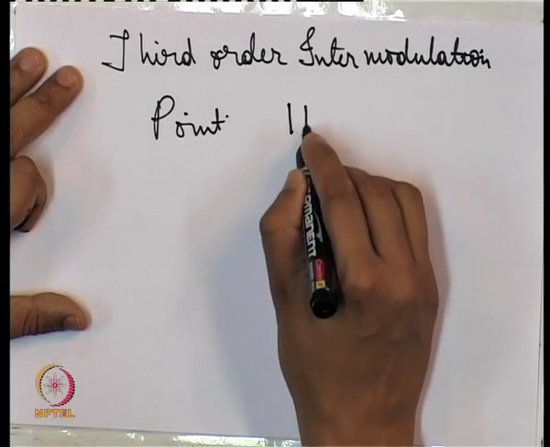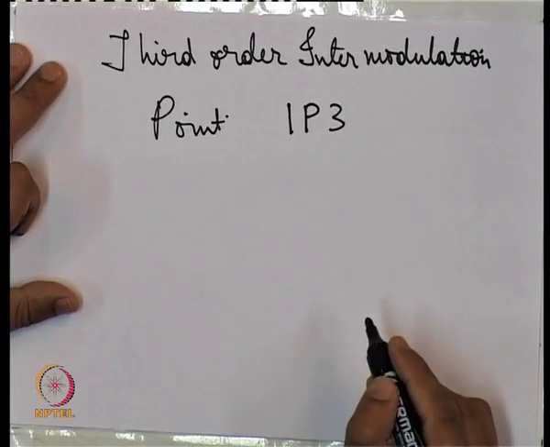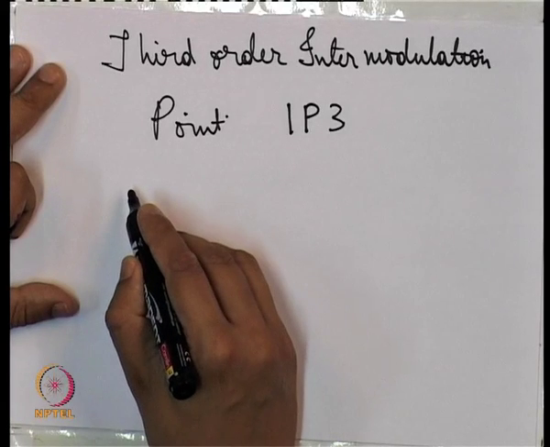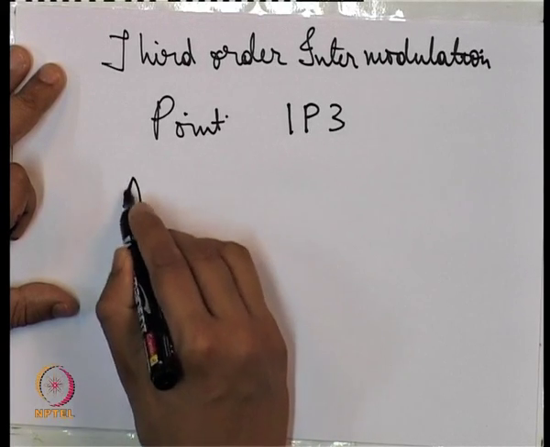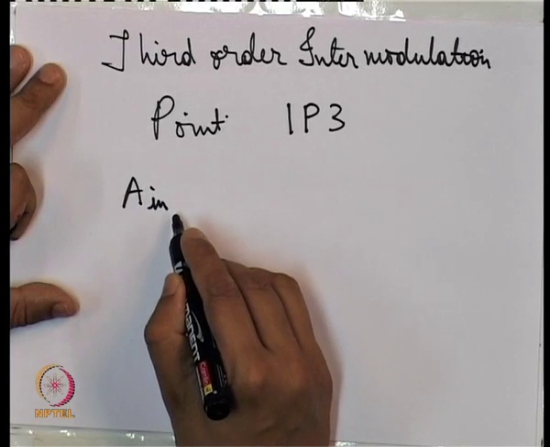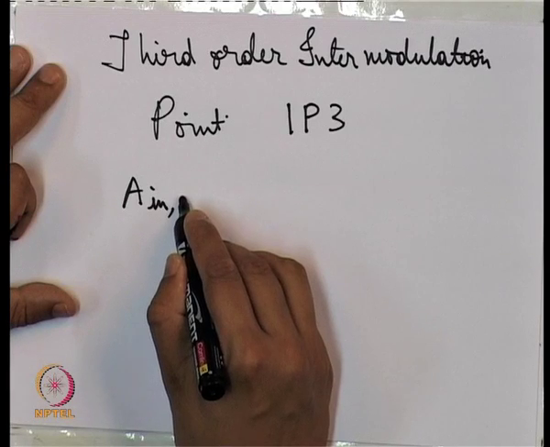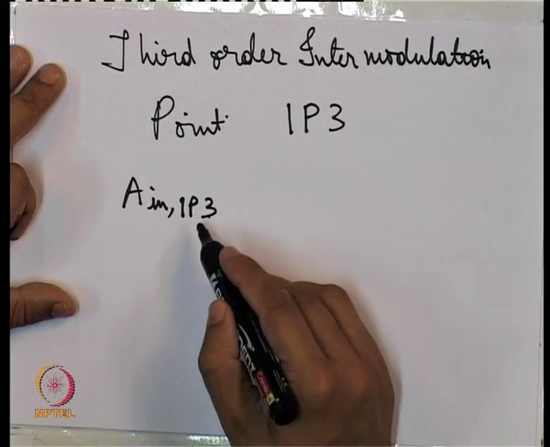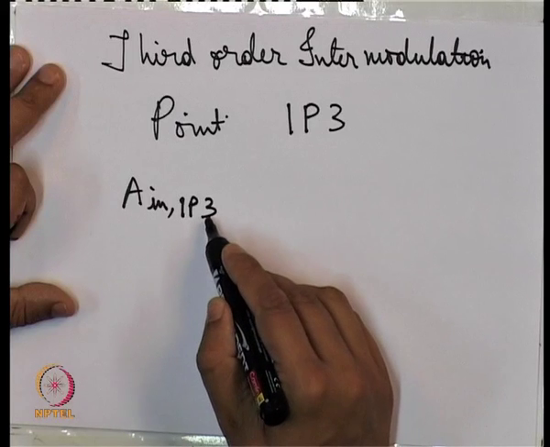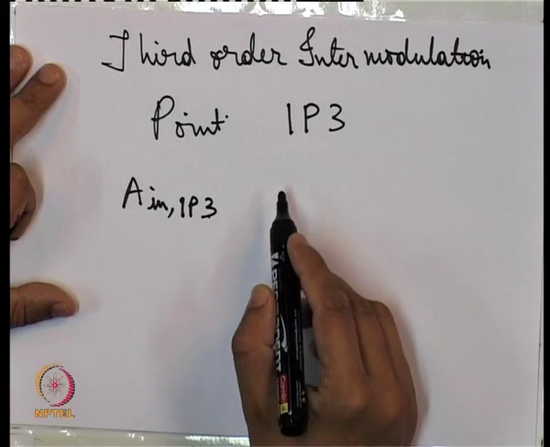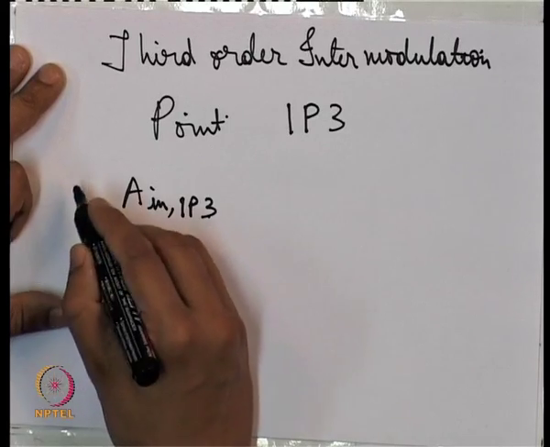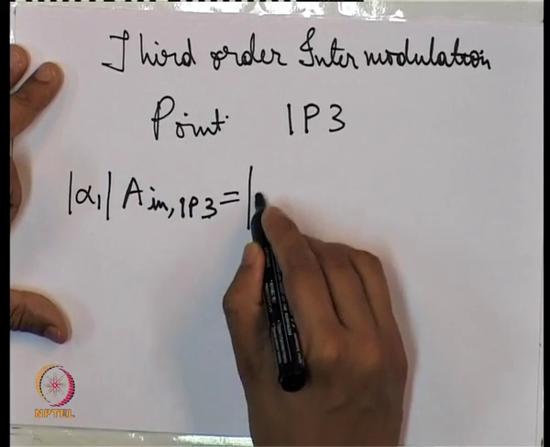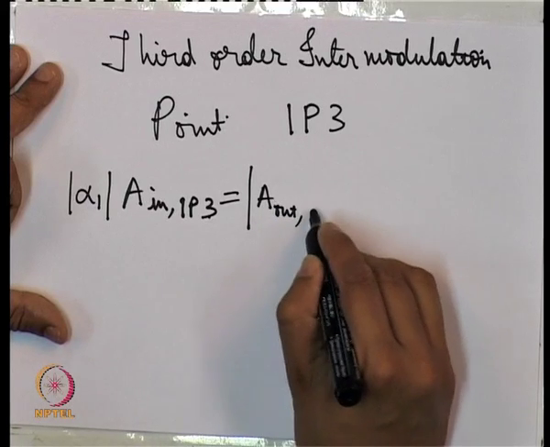Or IP3. We can solve for that value of input for which the amplitude of the fundamental signal is equal to the amplitude of the intermodulation products. IP3 is defined as that value of input power. So we have alpha 1 is equal to